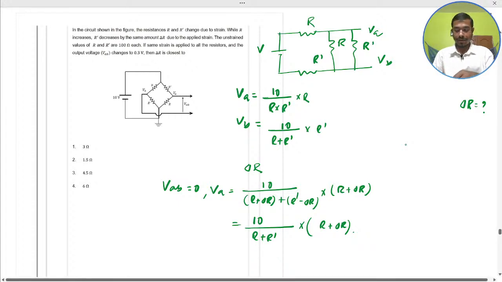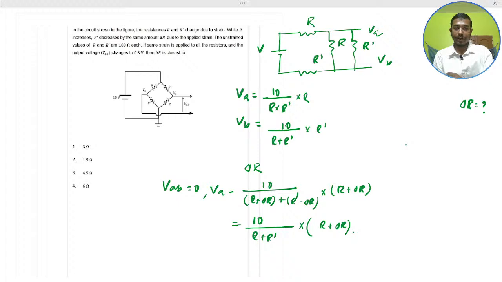And for the others, just put all the values in the VA equation, because with VAB shorted, the potential difference is 0. So put these values, VA would be 5 volt and the VB would also be 5 volt. So in this equation,